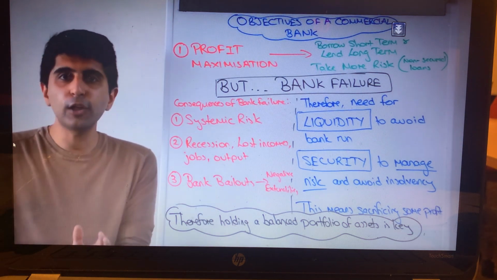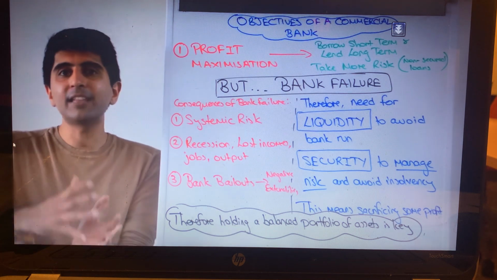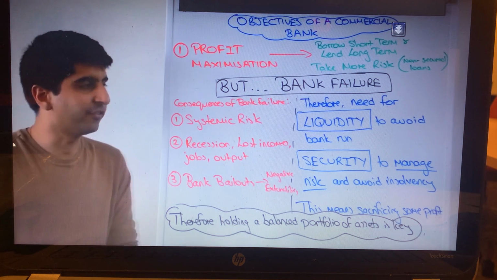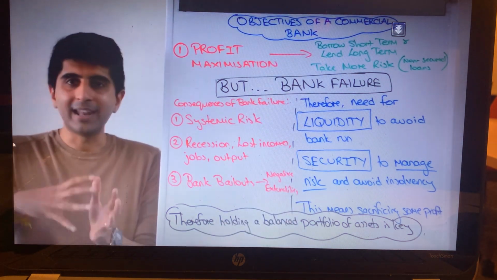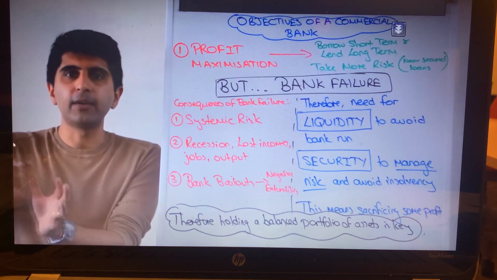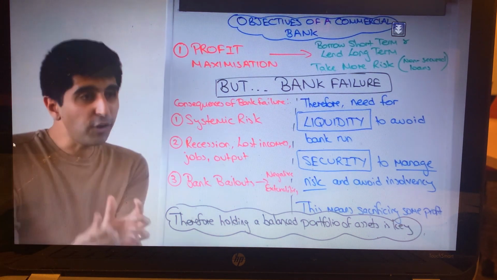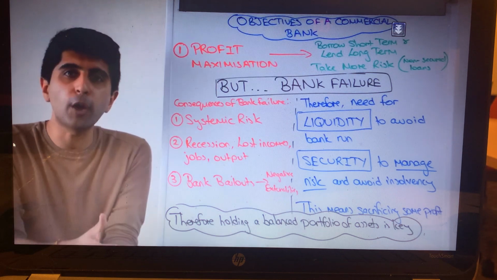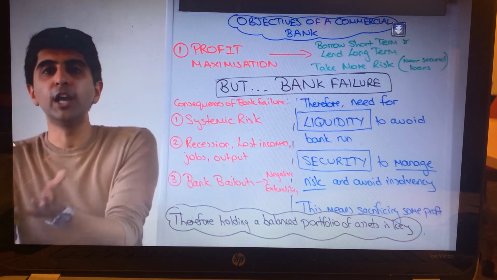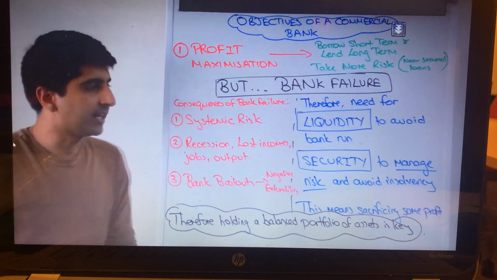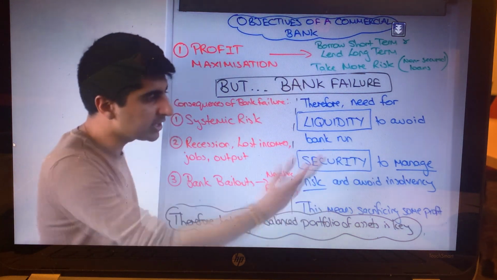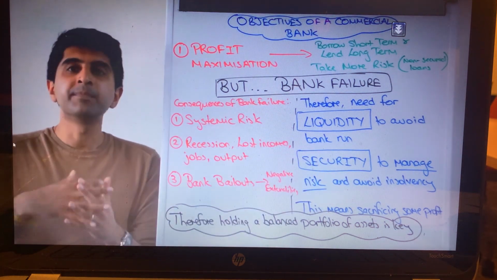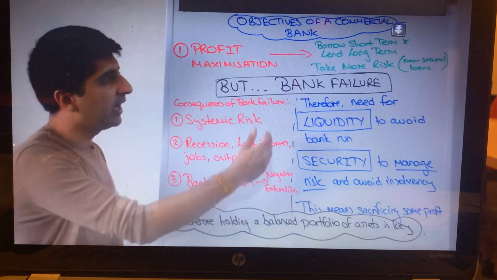It means you have less loans that are likely to go bad. It means that you don't need to hold as much capital, therefore. Because your loans are less likely to go bad, you're not worried about capital to offset those loans. And you've only got maybe a few loans that you think will go bad, in which case you've got enough capital to offset those loans if they go bad. So that's what security is all about, managing risk there and reducing the chance of becoming insolvent and therefore bank failure.